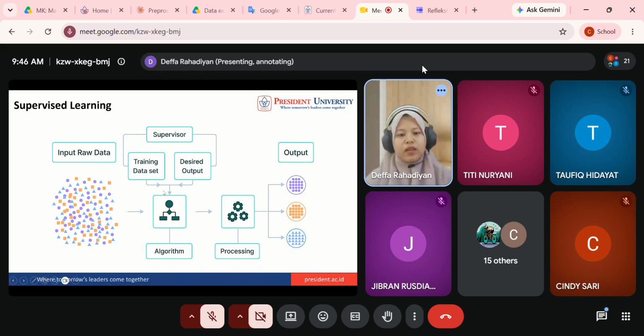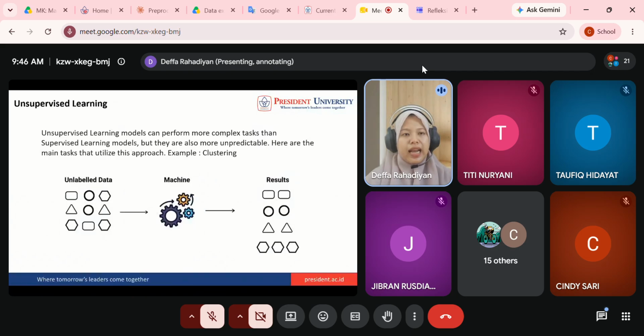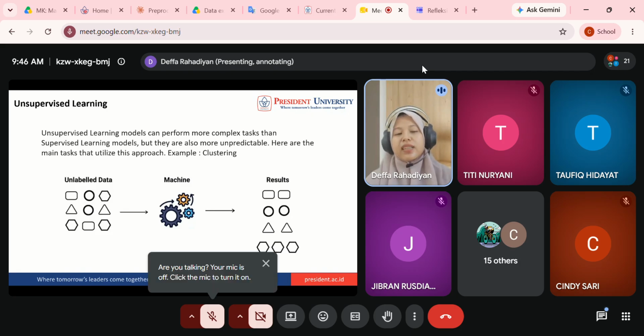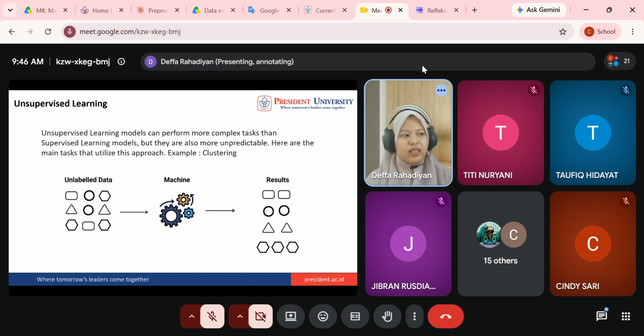How about unsupervised learning? It can perform more complex tasks than supervised learning. That's why in machine learning, the challenge is in unsupervised learning. For supervised, we already know the label, and we just need to find the best algorithm for the data.